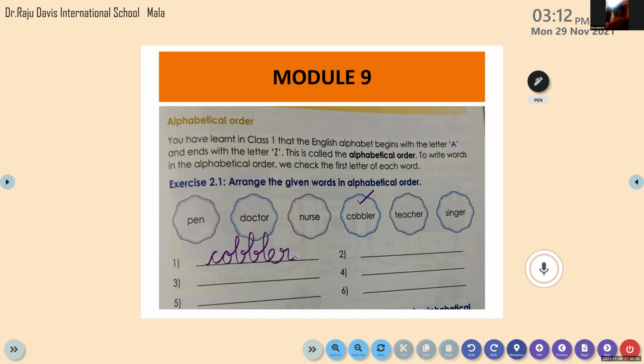No. Okay, is there anybody who knows who is a cobbler? Okay, thank you, Devdarsh. You may mute your device. Who is called a cobbler? Those who wish to answer, raise your hands. Yes, Abel Saju. A person who stitches clothes. Are you sure? Think about it. A person who stitches clothes is called a tailor.